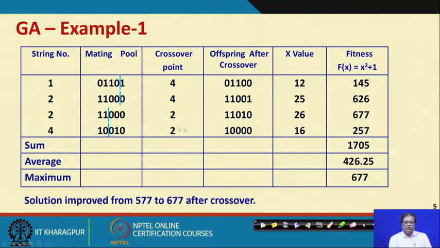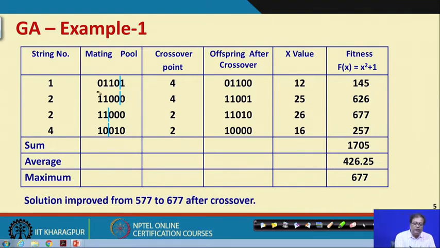After that, let us say we do crossover between these two and these two, then this is how the crossover has been obtained. Look here, this 4 is equal to this 4 and this 0, that is 1, and this 4, that is this 4, and this 1, that is this. Like this we have done. Now, here also these 2 and these 3. So, these 2, these 2, these 3, these 3. That is how the crossover is made.